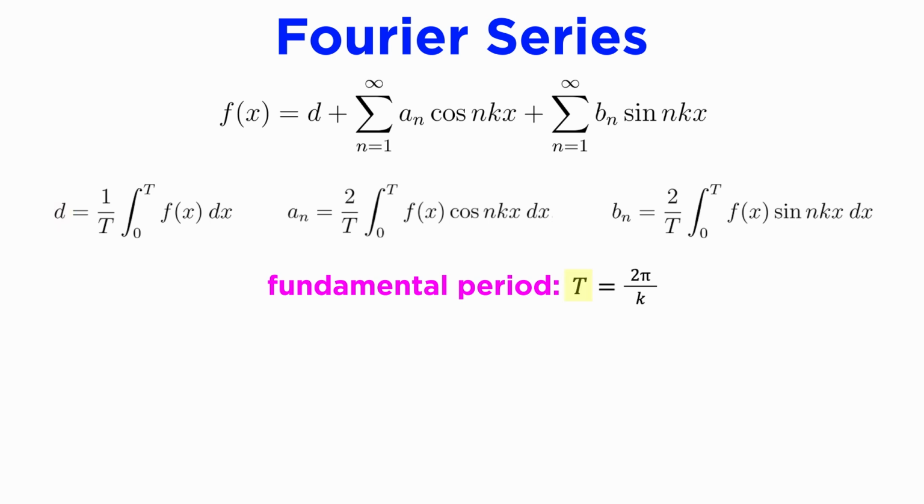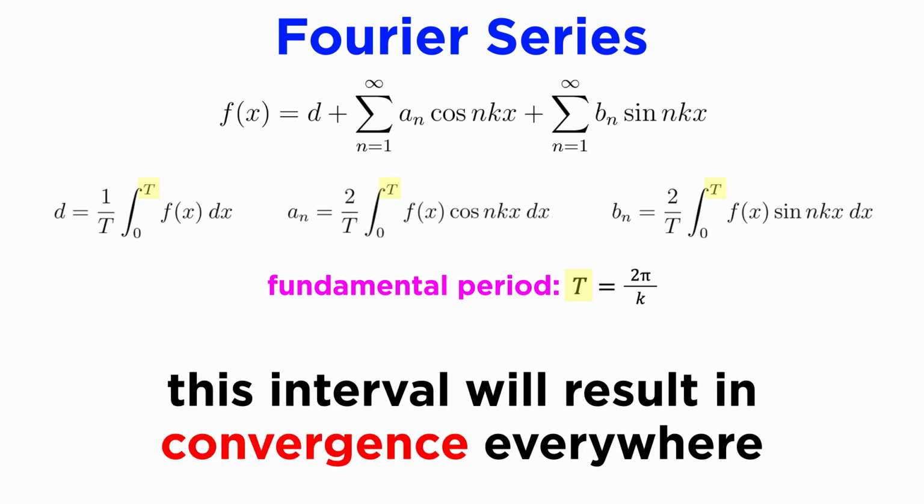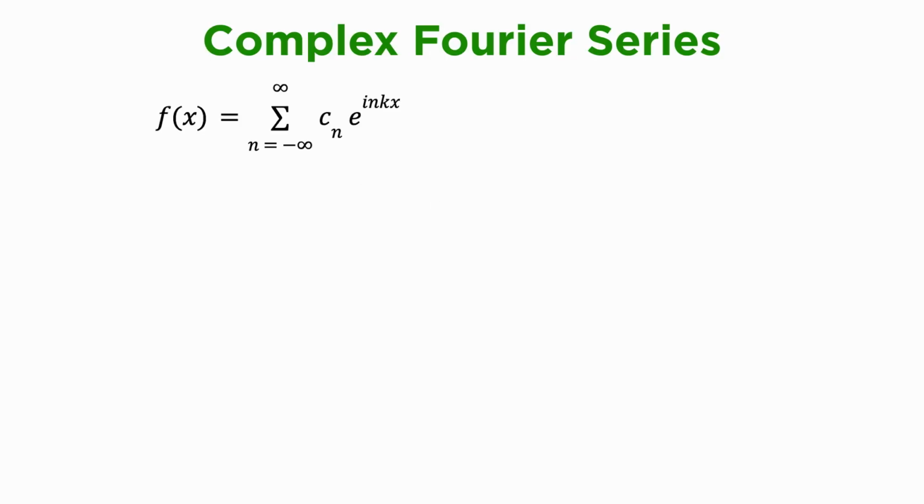An important property of Fourier series is that if our function is a periodic function with period t, then if we set our interval of integration to be that period t, our Fourier series will converge everywhere because Fourier series themselves are intrinsically periodic. We can also exploit complex numbers to compress our coefficient sequences into one, giving us the